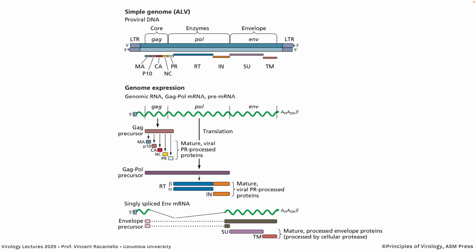Now, when the RNA is converted to DNA and it's integrated into the host cell, that's shown up here. That's called proviral DNA. That's a very specific word, which means integrated retroviral DNA. And when it's integrated, it still has GAG, POL, and envelope coding regions, but it also has, on either end, what's called an LTR, a long terminal repeat, which plays a big role in the reproduction cycle, as we're going to see in a few moments.